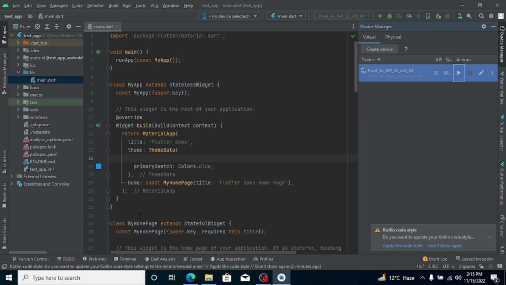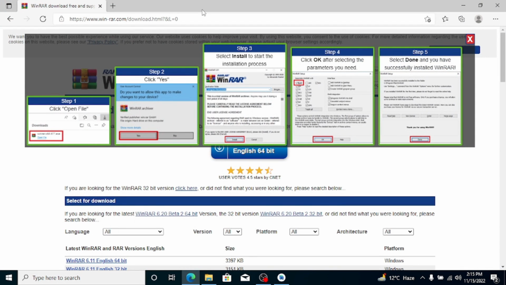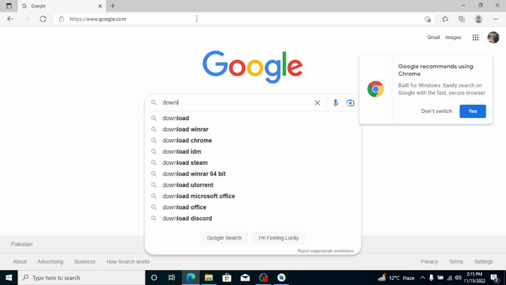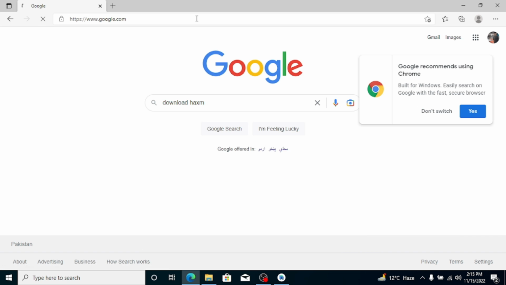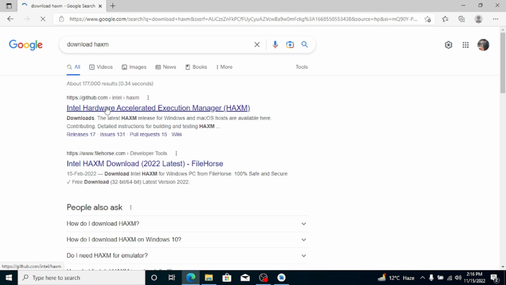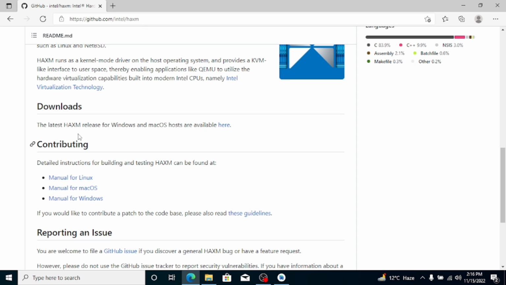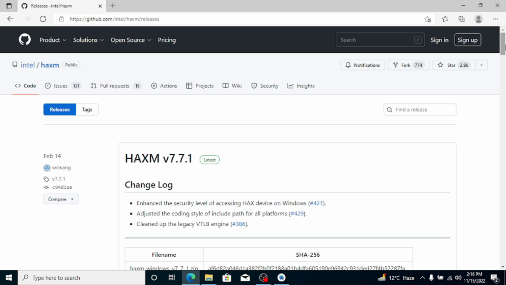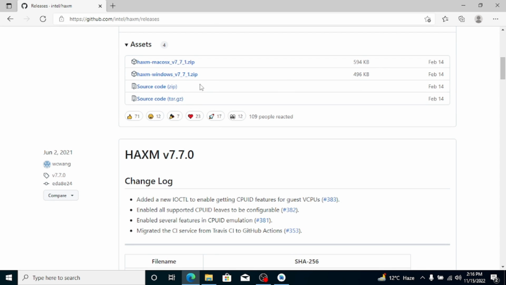And if you see this issue, then we need to download the HAXM, and it's a very small file of some KBs. Download HAXM, you will write on Google, and here you need to click on the first link, which is github.com, and here you will see this option, downloads the latest HAXM release for Windows and Mac OS. Click on here, and it will bring you to this page. And for Windows, we can download it from here,